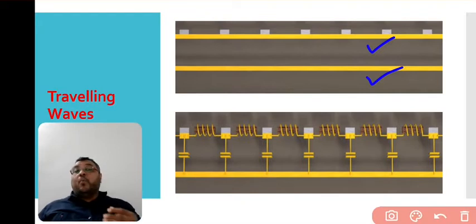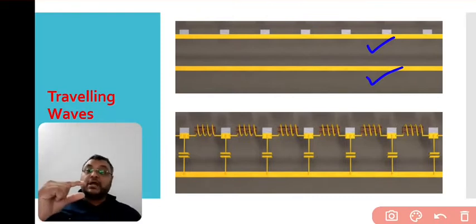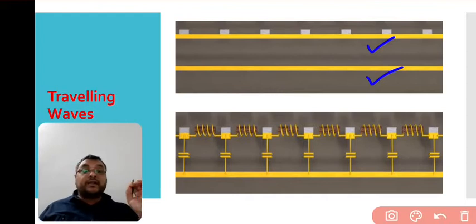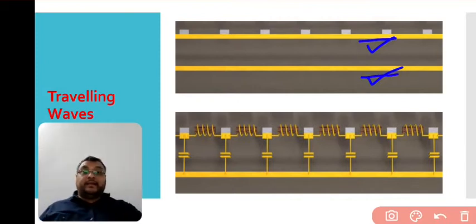Okay, so whenever two metal conductors come into the picture, there is an inherent property that they make some capacitance. The definition of a capacitor itself says there are two metal plates separated by a distance. Whenever this situation occurs, it establishes some capacitance between the two lines. Whenever we need to send an electrical signal, we need two conductors. Over here we consider two lines or two conductors that carry our electrical signal.